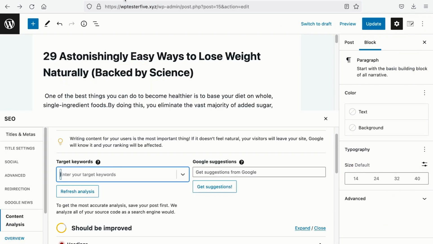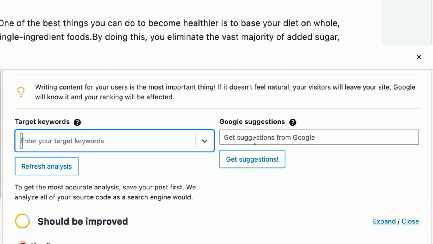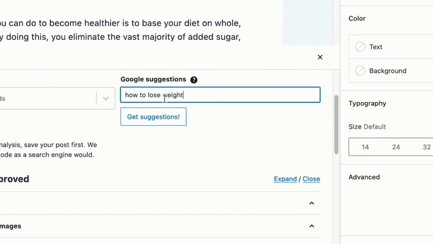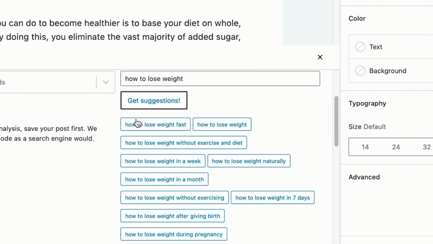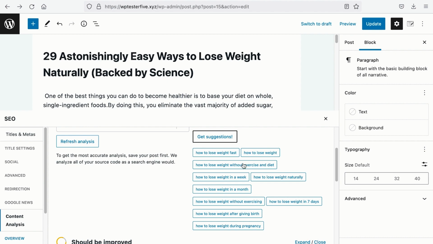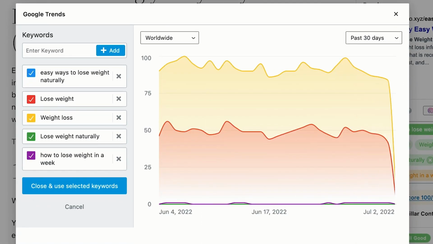This feature is also available in SEOPress, but it is in the Pro version, where they will have this Google Suggestions feature right beside the targeted keywords, where you can add a keyword and get suggestions. This function works the same as with the free version of RankMath. Next, on the Pro version of RankMath, we have this Google Trends button so that you'll be able to see